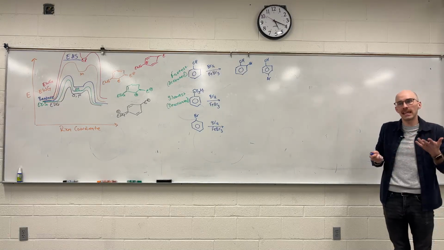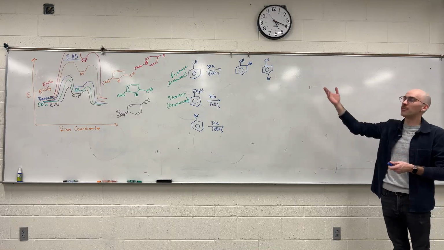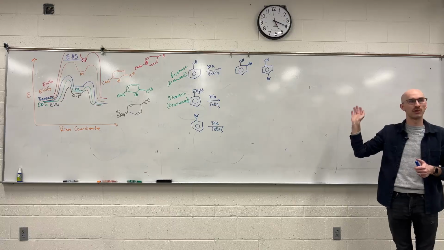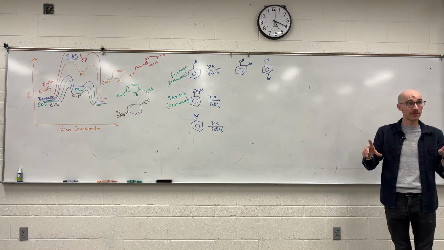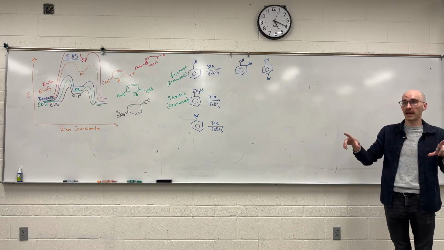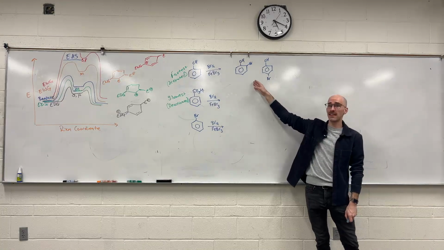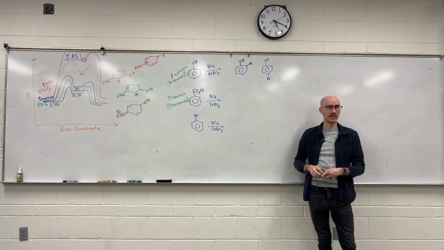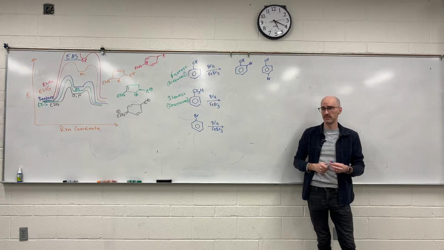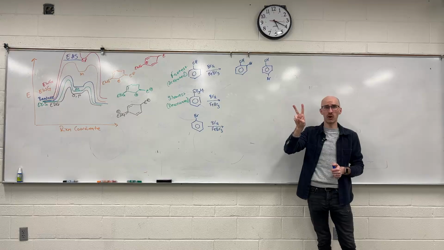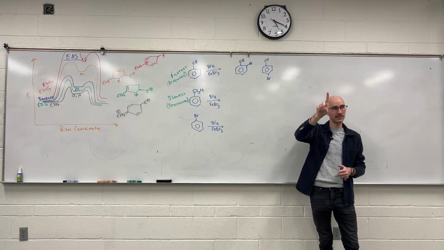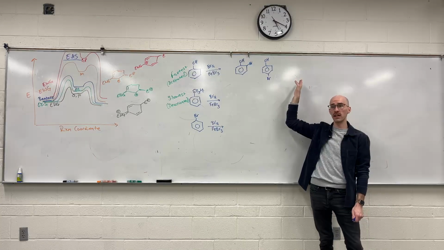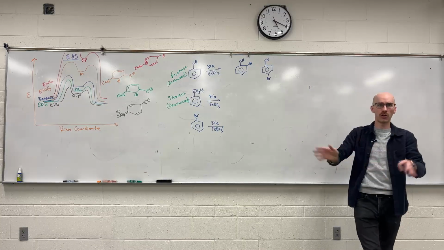So if you're doing this in a real lab, you make both, you can't really control it, you get the one that you want, do whatever you want with the other. On paper, you predict this reaction. You don't have to say that both form, you just use the one that is relevant to your synthesis. Is that fair? If two things can form in a reaction and one is useful to your synthesis, then just show that one. Ignore the other one, which in a lab you could isolate